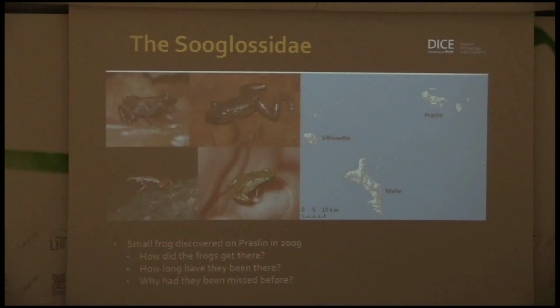So Sooglossidae, 4 species. Sooglossus seychellensis, you find this one at Mahe, Silhouette; thomasseti, Mahe, Silhouette; gardneri, Mahe, Silhouette; pipilodryas, only found on Silhouette. However, in 2009,